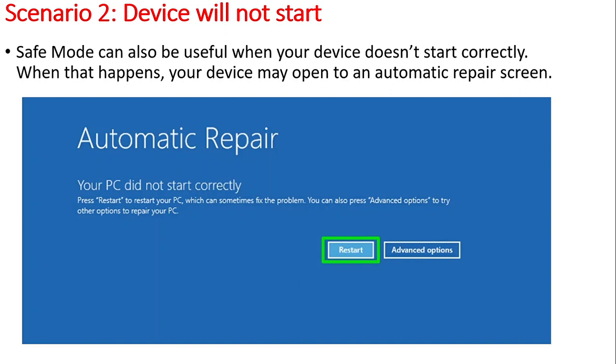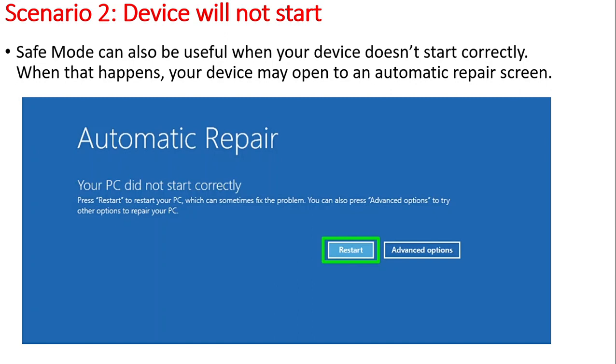This error appears on the screen whenever your device doesn't start correctly. When you see this window on your screen, you need to try the restart, but most of the time this doesn't work. Once you click on restart, in most cases you will get the same window on the screen again. If the system starts normally, then that's great, no need to worry.